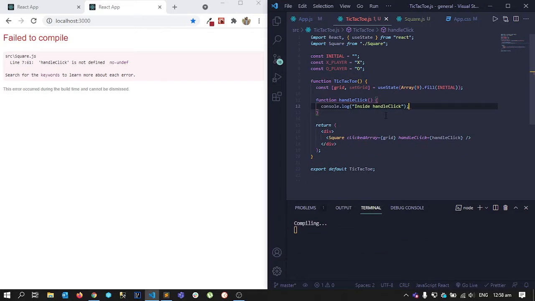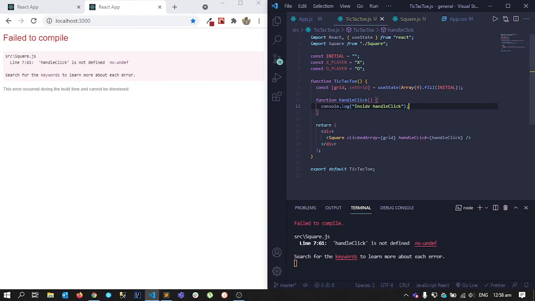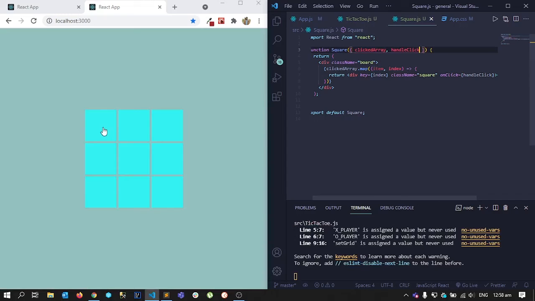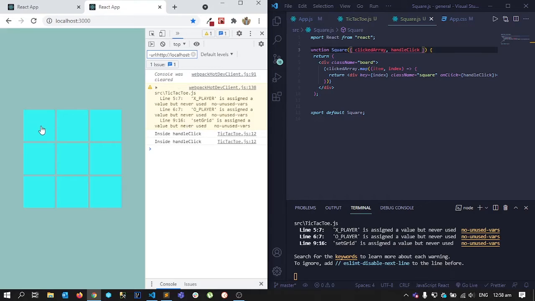Okay, handle click is not defined. The spellings of handle click and click are correct. Okay, we didn't destructure it here. Let's have this. So we have a handle click, and whenever we click it, let's see if we are printing anything. Yeah, whenever we click, we are printing this. So that means we are running